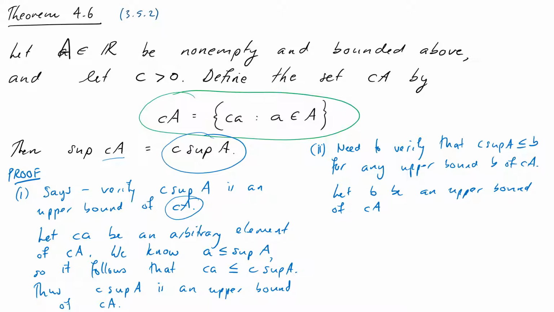What we're going to do next is transport our elements from CA into A, because our statement about the supremum is something that we know about A at the moment. We're trying to prove it about CA, but we know the supremum properties currently hold in A. So that will explain why I'm about to do the following. Let a, little a, be an element of our set A. I've taken an arbitrary element of our set A because I intend to use the supremum property of it somehow. It follows